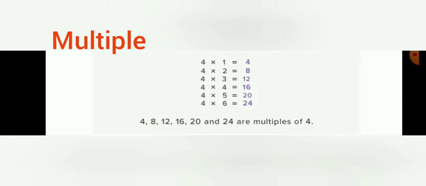Next one is multiple. What is a multiple? The basic definition of multiple is manifold. So in mathematics, a multiple means many. Manifold is nothing but many. Here the product resulting from one number multiplied by another number is called the multiple. So the resulting product is called the multiple. Now just move on to the next slide.